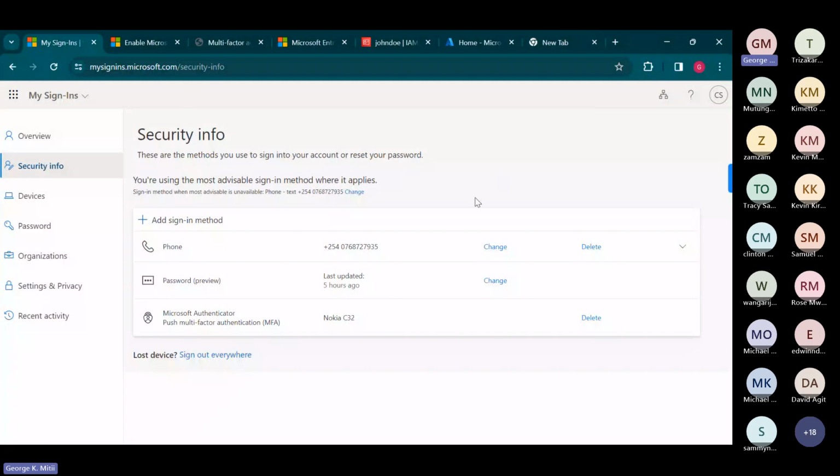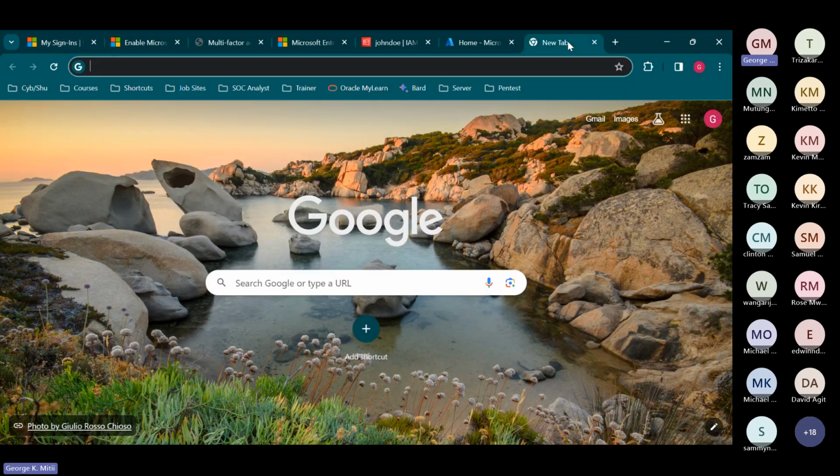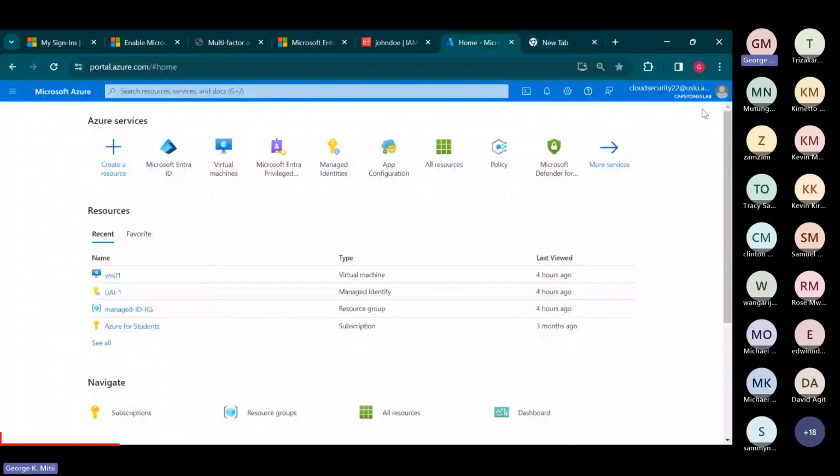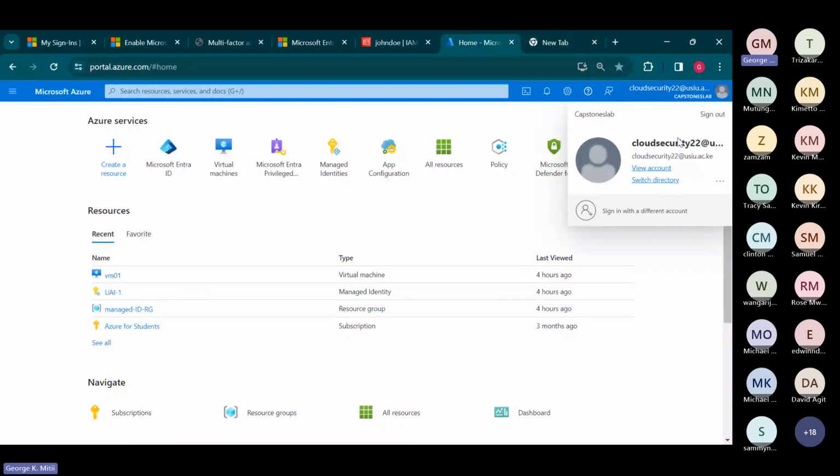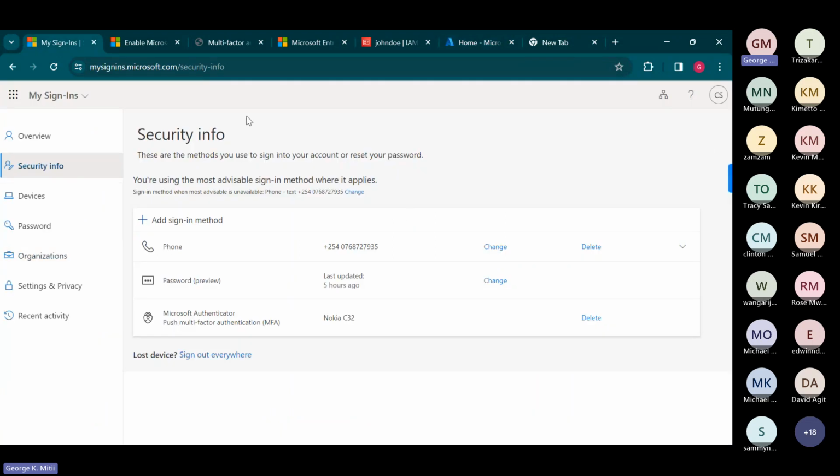So once it will ask you to provide an account that you're using. So for me, if you're keen, this is the account that I'm using, cloud security 22 at USIU. So that's the very account that I use to sign into this page. So once you've signed in here, you need to go to security info, and under security info, you'll just click